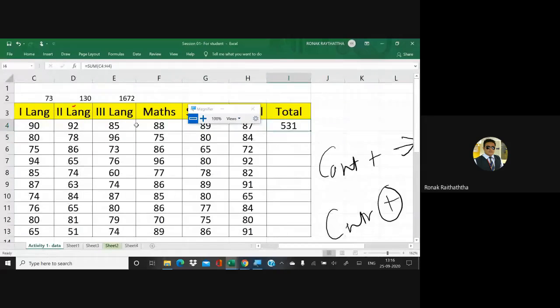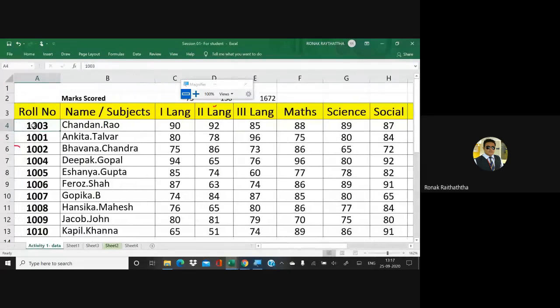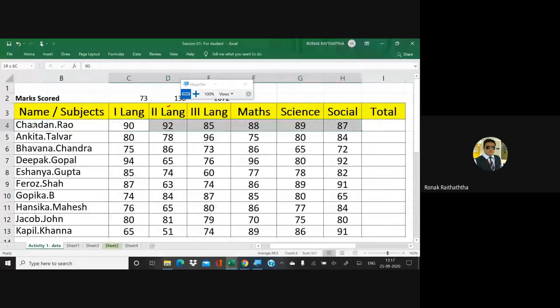Okay, got it. Now third way we have, you can use the auto sum function. Now auto sum function के लिए you may select the data, entire data. That also can be done, and there is one more way as well for this auto sum function.